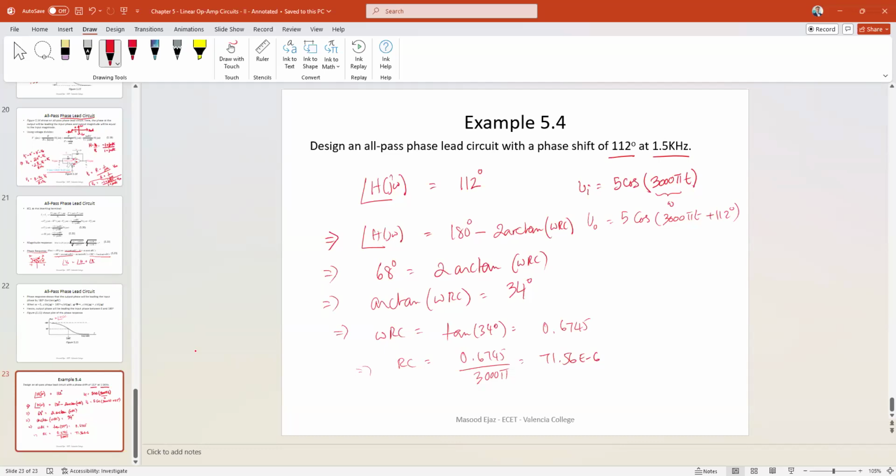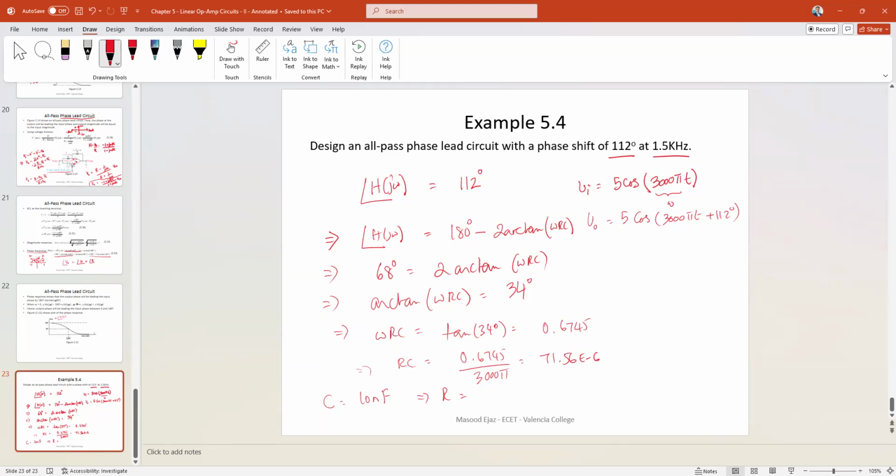Now, remember, for resistors there are many values available. And even if the value is not there, you can always create a series or parallel combination of resistors to get the closest value that you need. But capacitors have limited values, especially the ones that we use in labs. One of the common values of capacitor that we use is 10 nanofarad. So let's say C is 10 nanofarad, which implies R is going to be